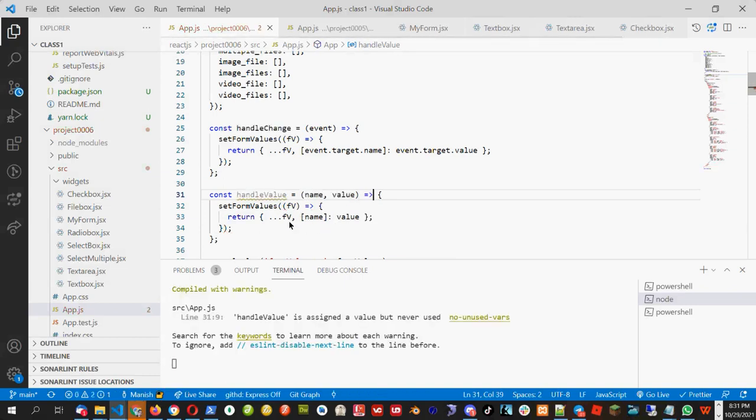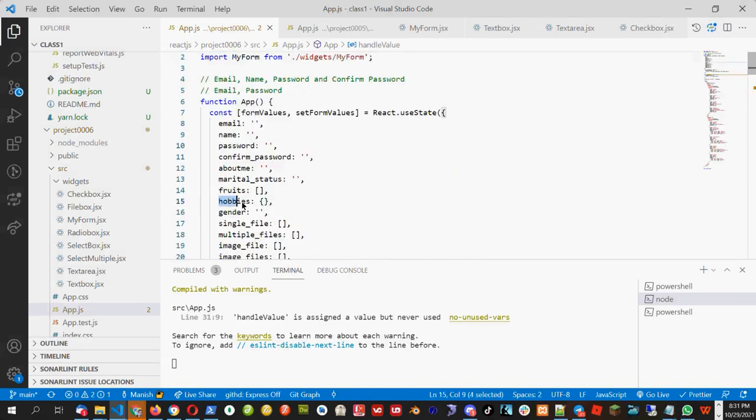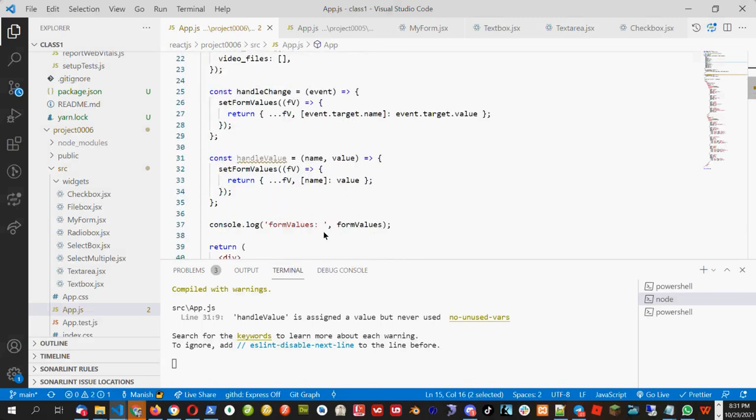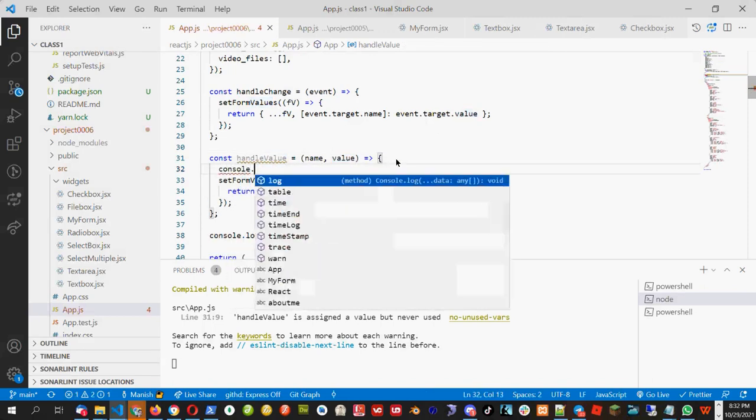So what I am doing, I am creating another function with name and value. So let's say name is hobbies, and we are passing an object initially. But when we build a checkbox with different key value options, then I will pass different values for that one. So right now I will say console.log